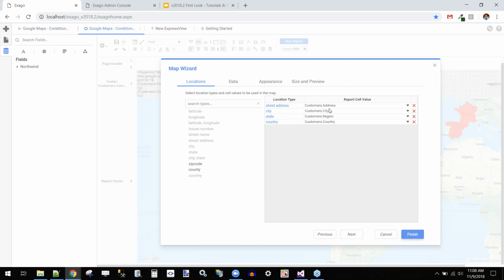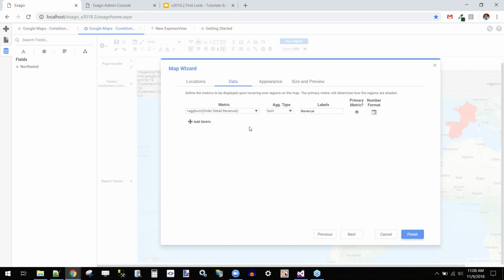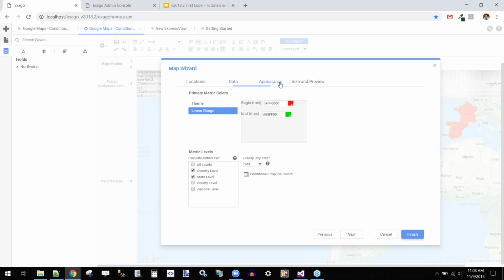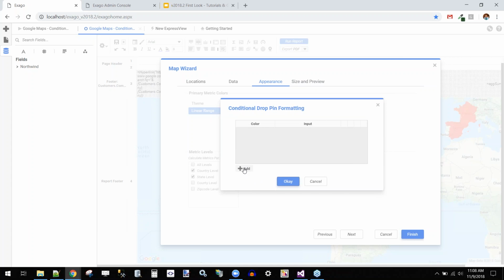We've already got it set up with our location data. It's already counting our revenue. If we want, we can format that revenue. This will give it currency symbols and thousand separators, pretty simple stuff. But if I go over to our Appearance tab, I'm going to have a new option here called Conditional Drop Pins. This will bring up a menu that, if you've seen our support lab on conditional formatting, should look pretty familiar. And what I'm going to do here is say I want to color dark red,